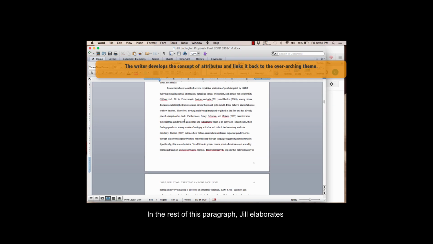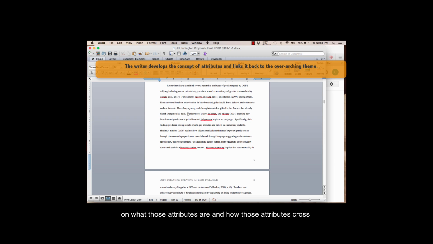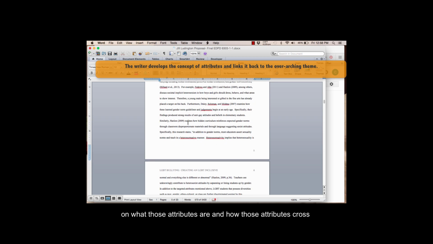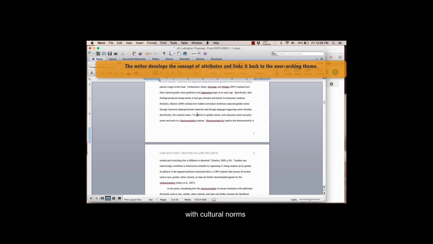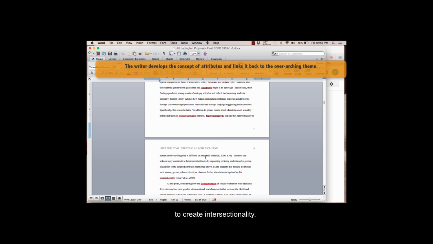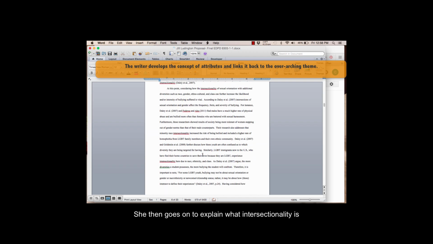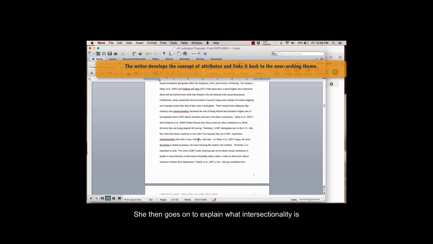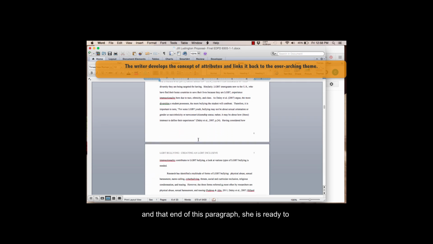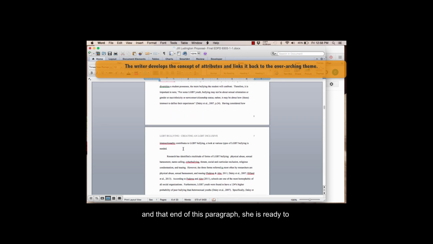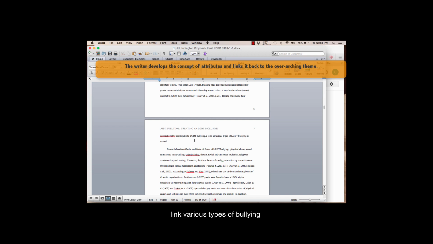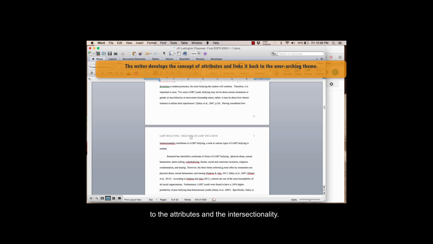In the rest of this paragraph, Jill elaborates on what those attributes are and how those attributes cross with cultural norms to create intersectionality. She then goes on to explain what intersectionality is, and at the end of this paragraph, she's ready to link various types of bullying to the attributes in the intersectionality.